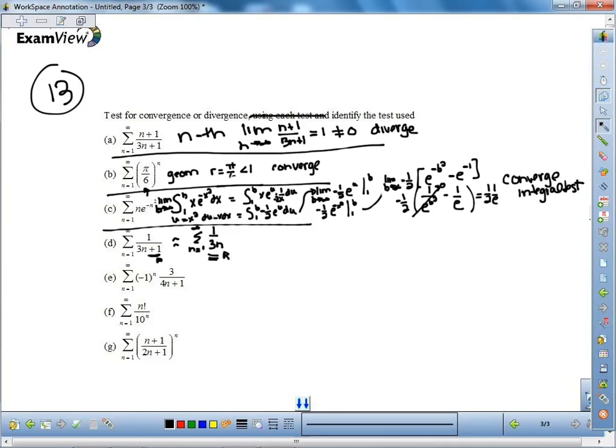So notice that this is a harmonic series or a p series where p is equal to 1, which is not greater than 1. So it's going to diverge. So I'm not going to be able to use the direct comparison test because since this is going to diverge, I need to show that this is going to be smaller. So what I'm going to do is use the limit comparison test. So I'm going to show that the limit as n goes to infinity of 1 over 3n plus 1, times 3n over 1,